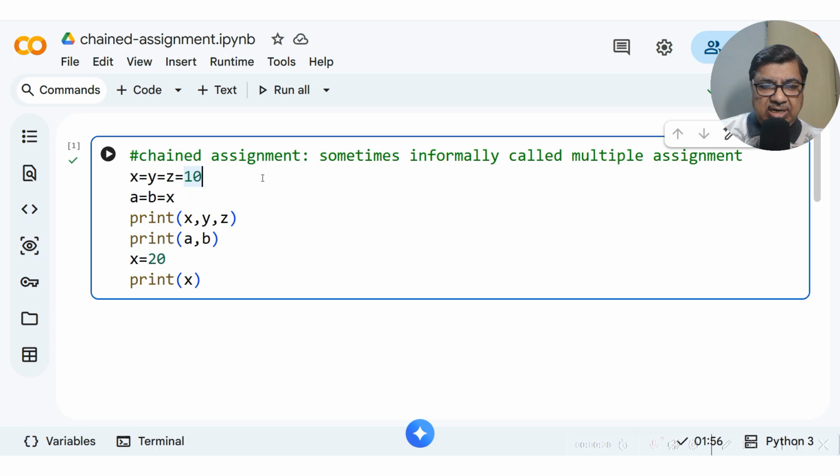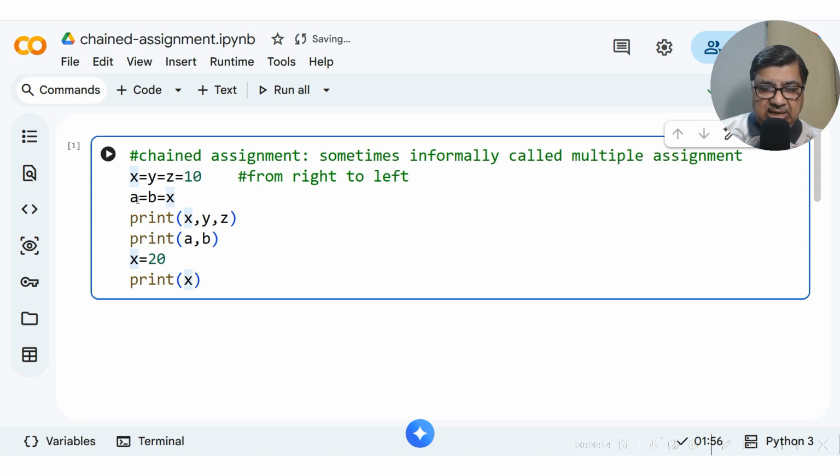This kind of assignment happens from right to left, which means 10 is first assigned to Z, Z is then assigned to Y, and Y is then assigned to X, right? In this case also, X is assigned to B and B is assigned to A.